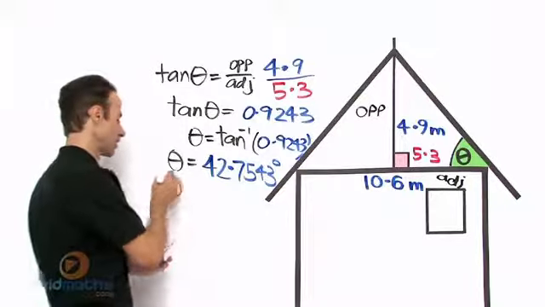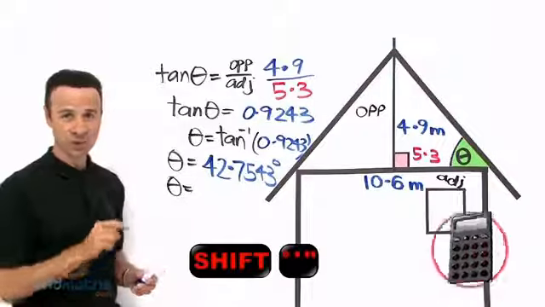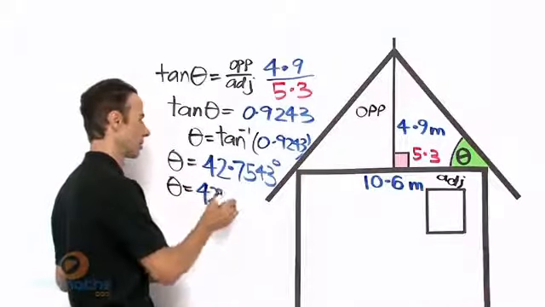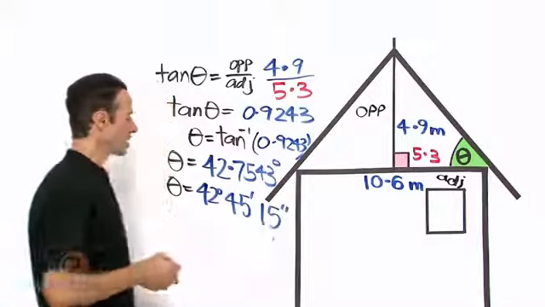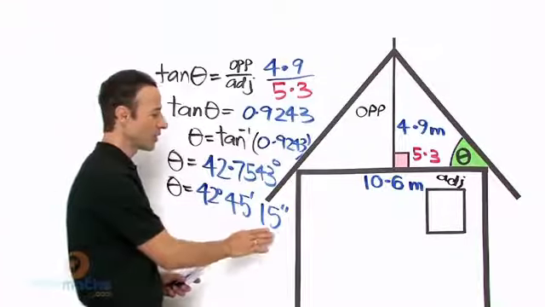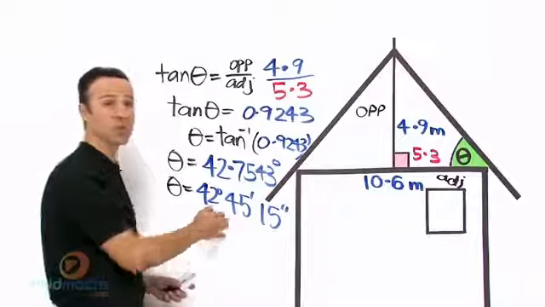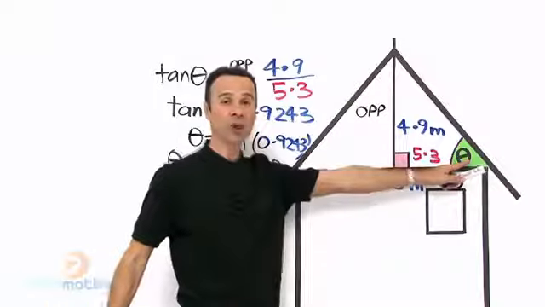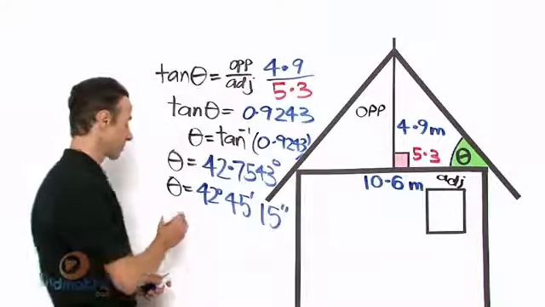Now all we have to do is transform it, shift it, change it into degrees, minutes, seconds. So theta is going to equal, put it in, shift DMS or shift degrees, minutes, seconds, and that's going to yield 42 degrees, 45 minutes and 15 seconds. Now, have a look at this 15 seconds. Is it below or above 30? It's below, which means what do we do with the minutes? We leave them as they are, don't we? So the final answer, the pitch, the angle right over there, and it's also the same angle on the other side, there in green, is